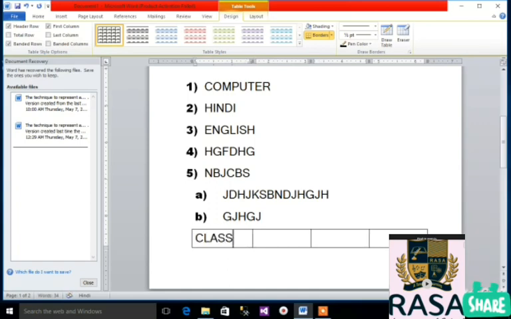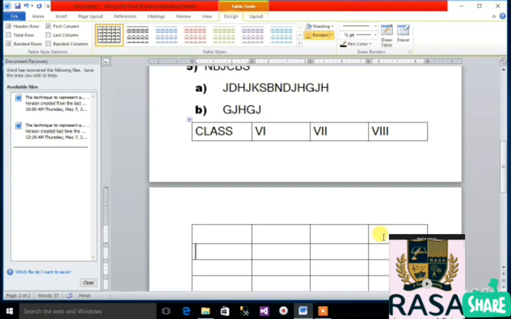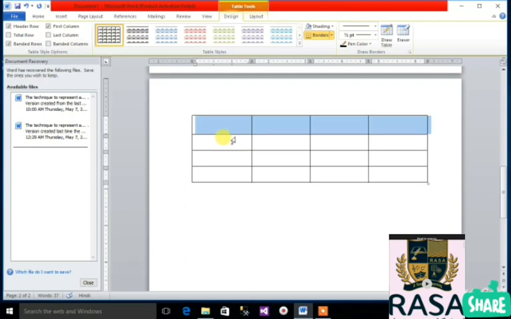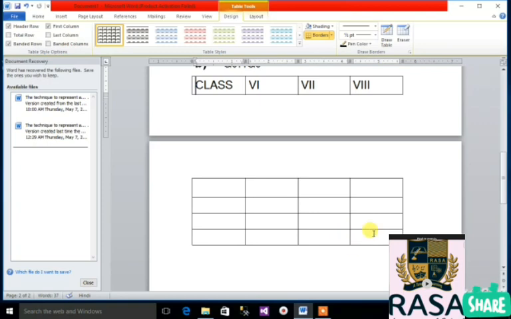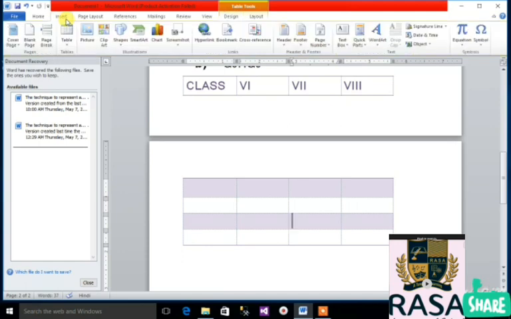I'm writing text here. Class 6th, 7th and 8th. Okay, so by this you can have a table. You can design the table like this. You can change the style of the table.